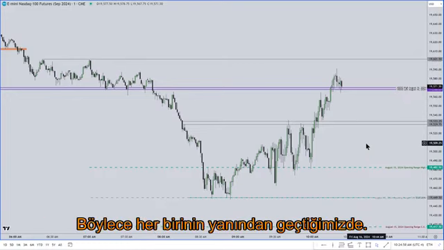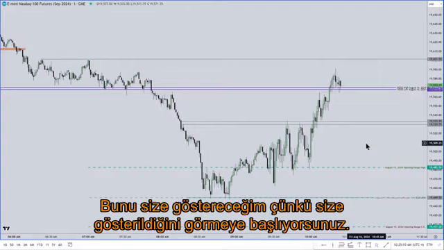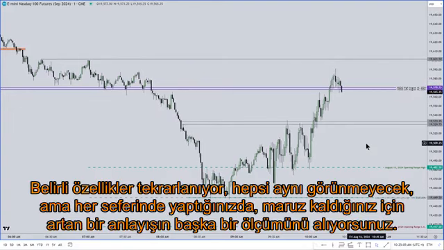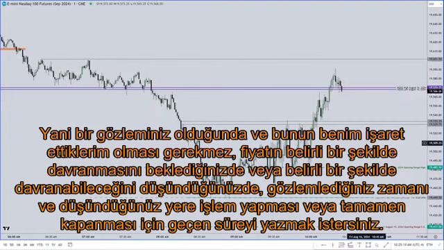So that way, every time we pass one, I'll point that out to you. Because you start seeing it being pointed out to you, you recognize it. Certain characteristics repeat. Not all of them are going to look identical. But every single time you do it, you're getting another measurement of increased understanding because you're being exposed to it. So when you have an observation, and it doesn't have to be the ones I point out, whenever you're looking for price to behave a certain way, or you think it might behave a certain way, you want to write down the time you observed it, and the time it took to either trade where you thought it was or